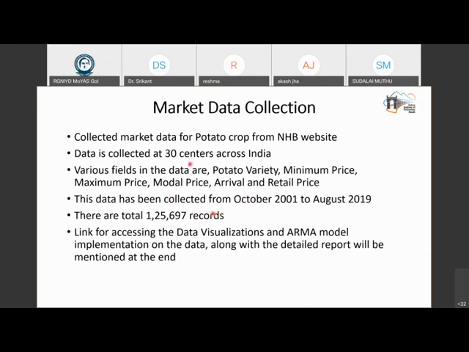Based on that, we are collecting lots of market level data about the minimum and maximum prices, retail prices, and the availability of cold storages. Supposing you have excess potato, where will you store it? And this is all GPS enabled. So when a farmer searches for this, it tells him the nearest available cold storages and what prices are available. So these are some of the things that we are working on.